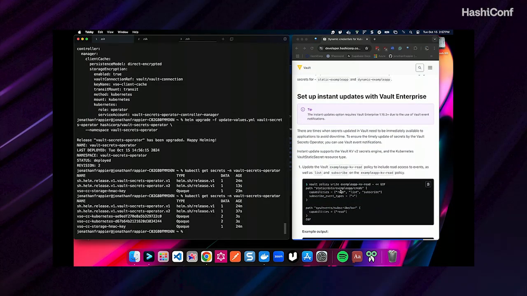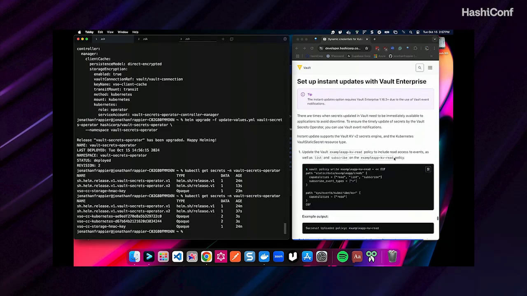Everything up until this point, if you want to go back and do this later on, all of the stuff we just did so far will work with Vault Community Edition. So if you don't have Vault Enterprise or HCP Vault Dedicated, you can do all these things. You could just download the Community Edition. You could run it in dev mode. You could run it as a container, whatever works for you. All of that stuff, the dynamic secrets, VSO, that will all work without Enterprise. The instant updates, this piece does require Vault Enterprise